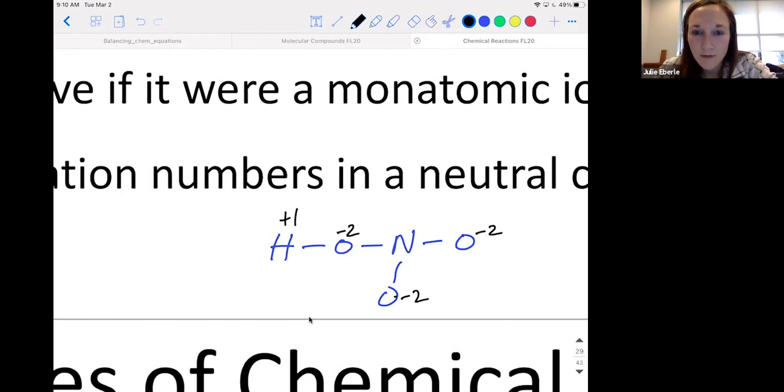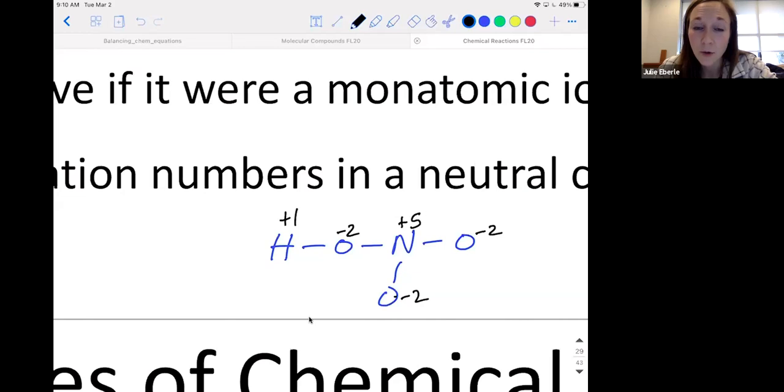If all of our numbers here have to add up to 0, the sum of everything, Maria says nitrogen has to be a +5. And I agree with you. We've got -6 and we had a +1, so nitrogen has to be a +5. That's bizarre, right? We usually don't see nitrogen forming a +5 oxidation number, but here its oxidation number is